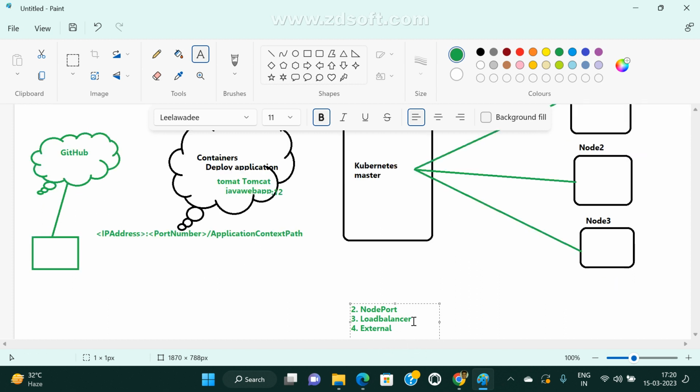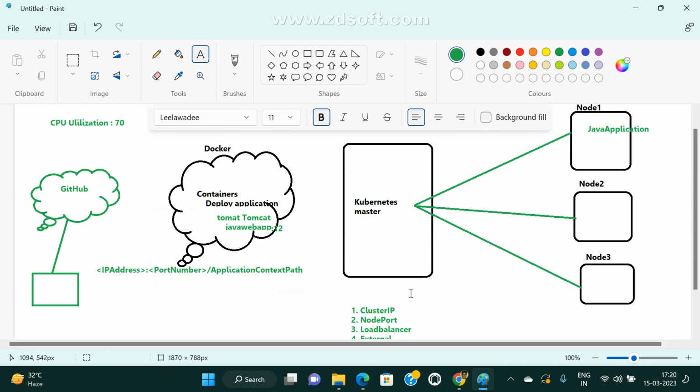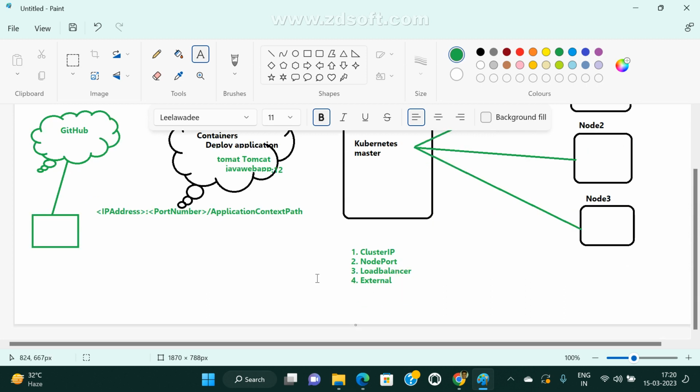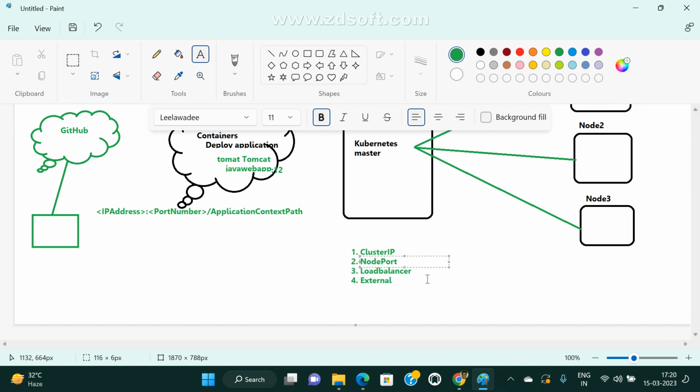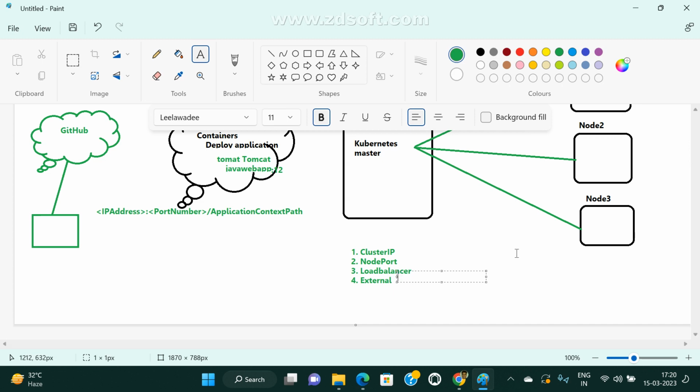These are the four types of services available in Kubernetes. Mostly we use node port and load balancer, and also cluster IP. We'll discuss them later. Just remember there are four types of services: cluster IP, node port, load balancer, and external name.